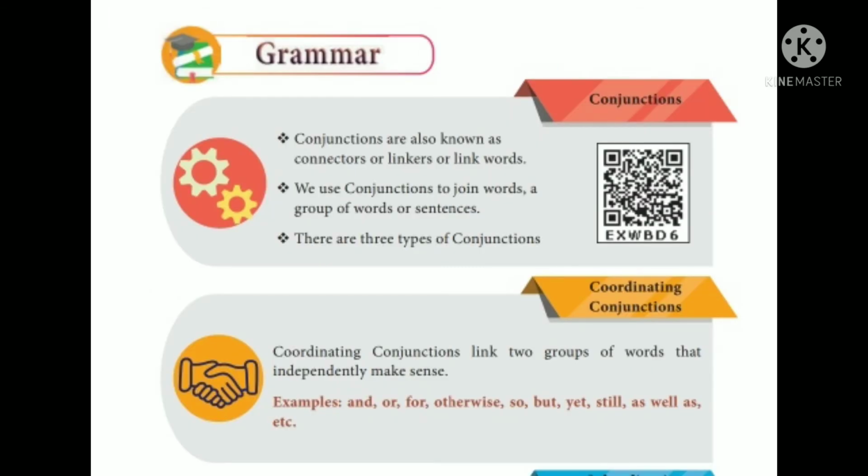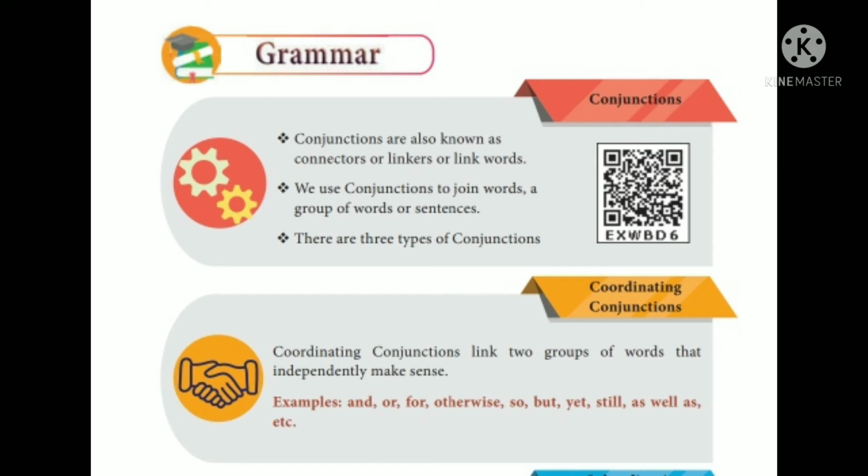Students, now we are going to see the grammar part. That is, the title is conjunctions. Conjunctions also you might have studied in your previous classes. First, generally, conjunction means what? It is a link word or connector which is used for connecting two words or two sentences. So for that purpose these conjunctions are useful, and now we are going to learn about conjunctions in a detailed manner.